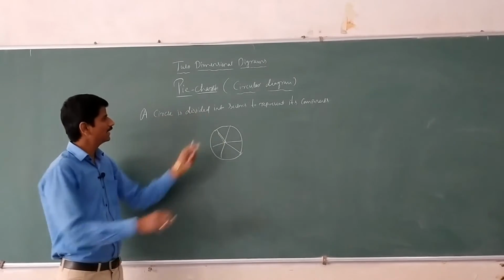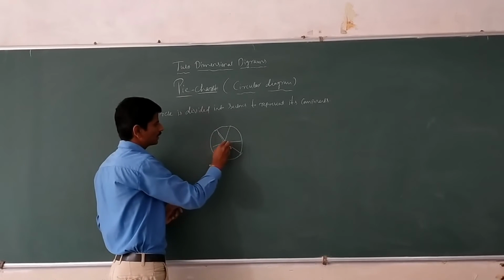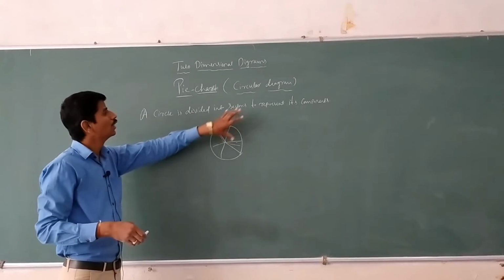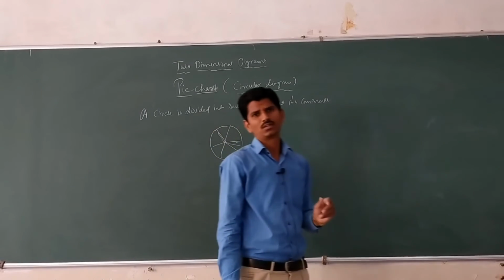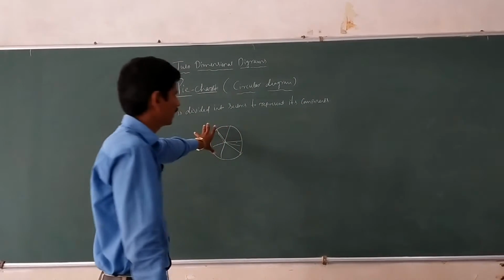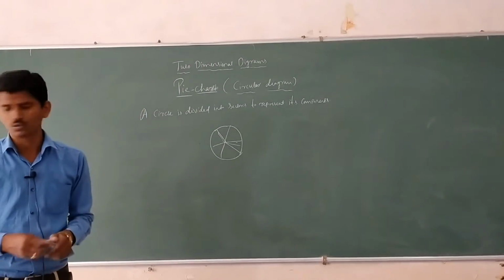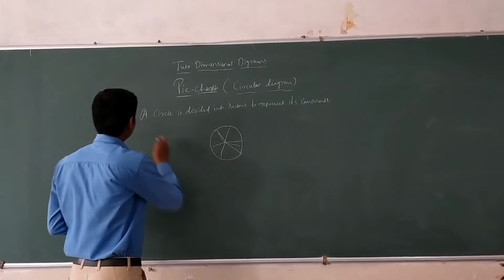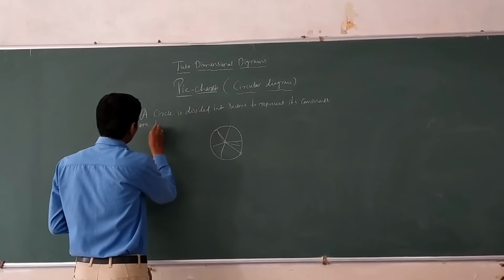Here a circle is divided into sectors. This is one sector, second, third, fourth, fifth, sixth, seventh, eighth. The circle is divided into sectors to represent its components, where the area of the circle is proportional to